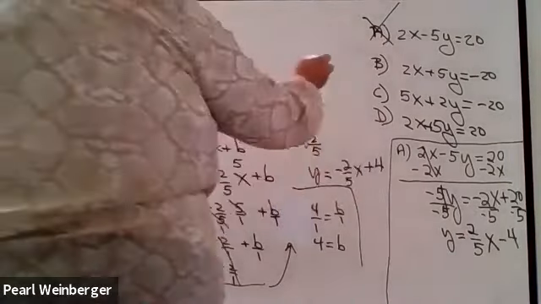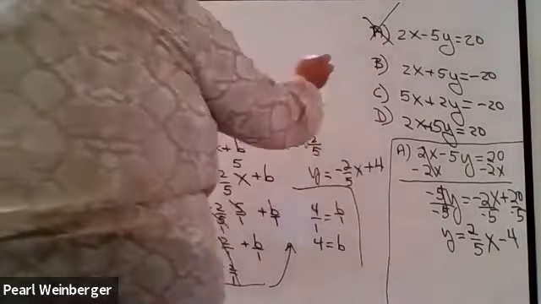And when I divide everything by 5, I get the y equals mx plus b form to be equal to negative 2/5 x minus 4. And if I compare it with the answer I'm looking for, I'm almost there. The negative 2/5 for the x is correct, but I don't want a negative 4,